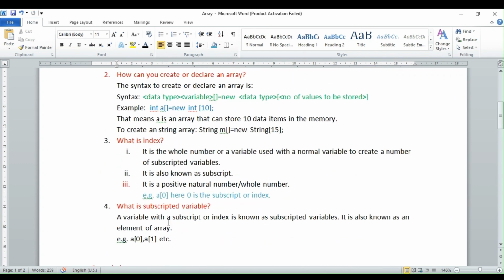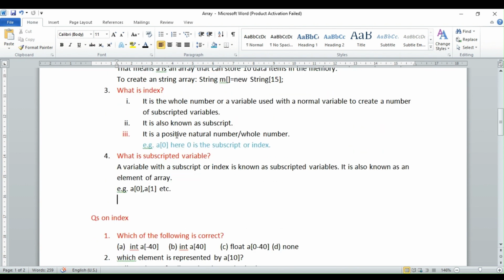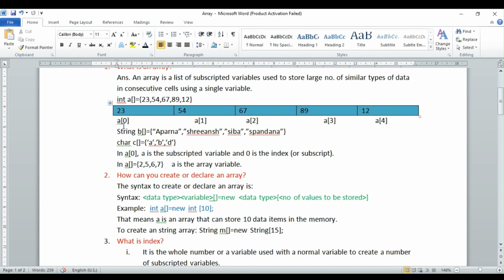Now, what is a subscripted variable? A variable with a subscript or index is known as a subscripted variable. Here, this is a variable with subscript 1, this is a variable with subscript 2, this is a variable with subscript 3, this is a variable with subscript 4.